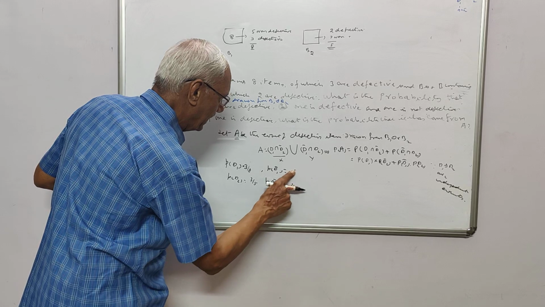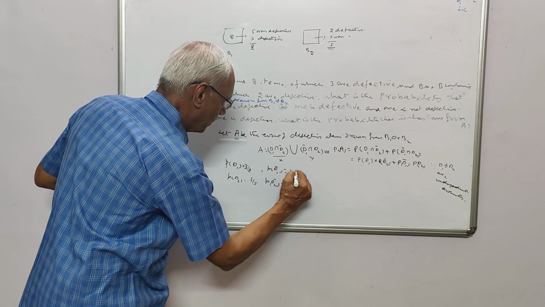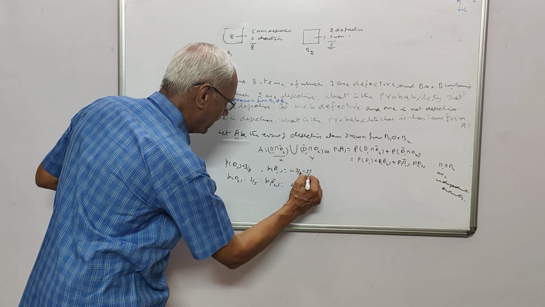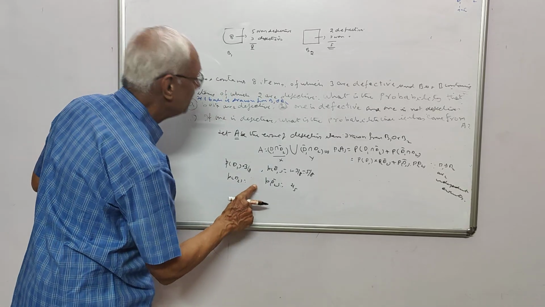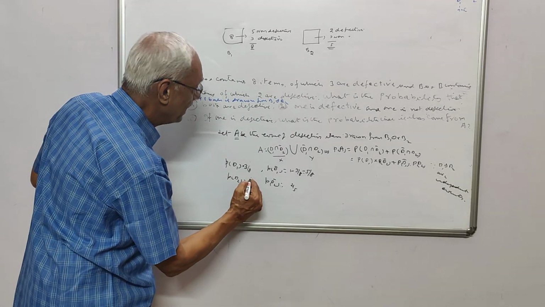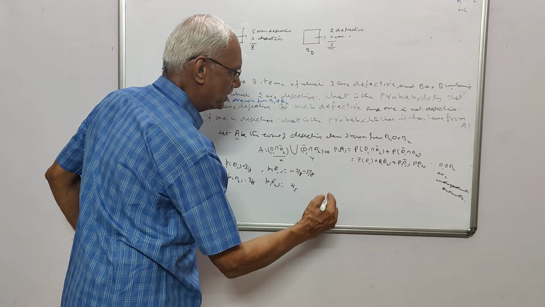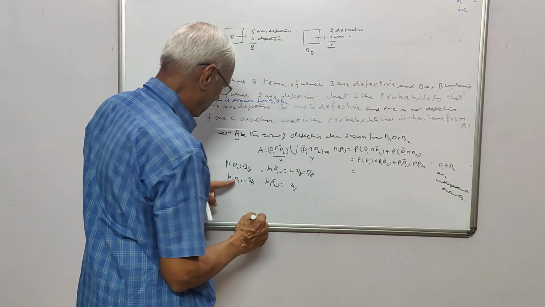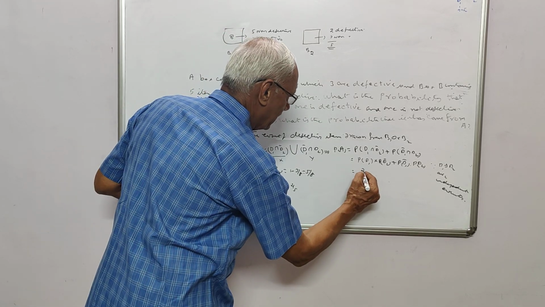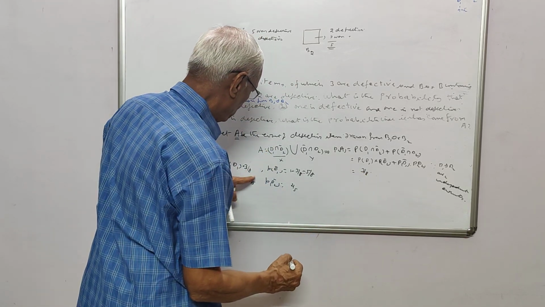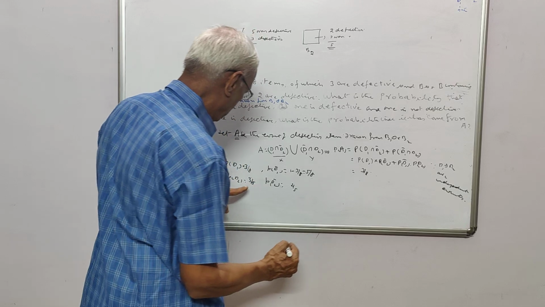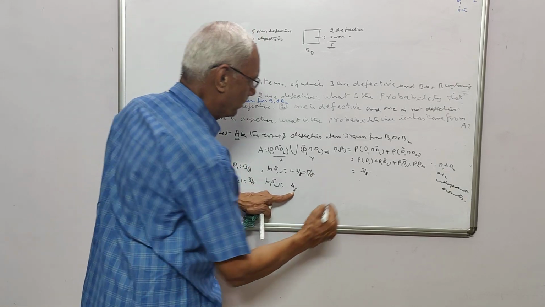This is 3 by 8 and this is 1 minus 3 by 8, 5 by 8. And here it is 3 by 5 and this is 2 by 5. So substitute here. So this is equal to P of D1 is 3 by 8 into P of D2 bar, which is 2 by 5,